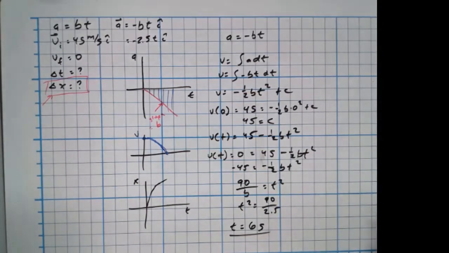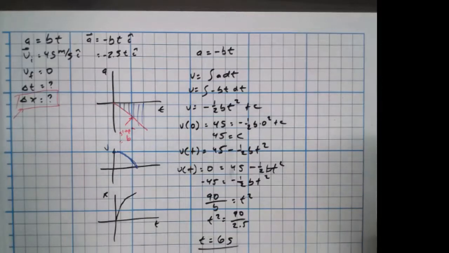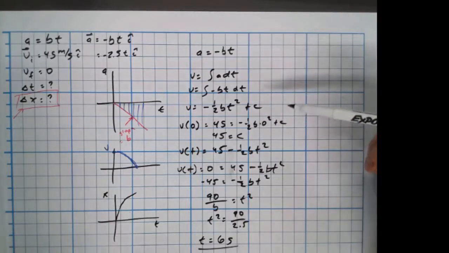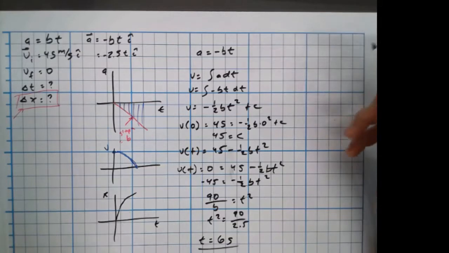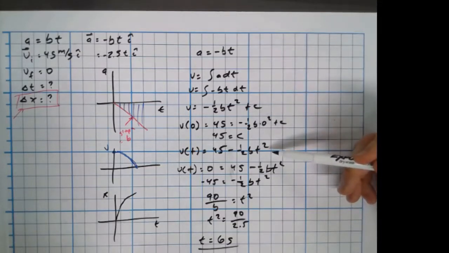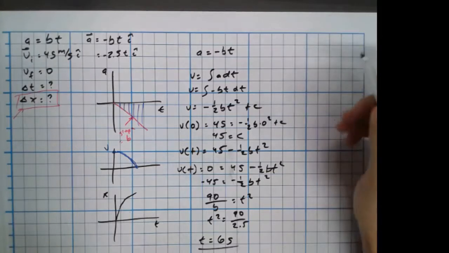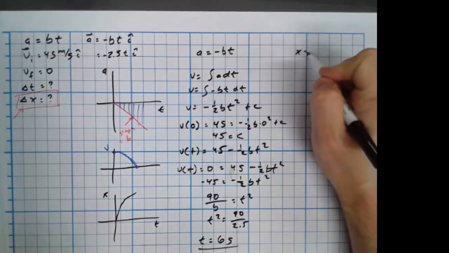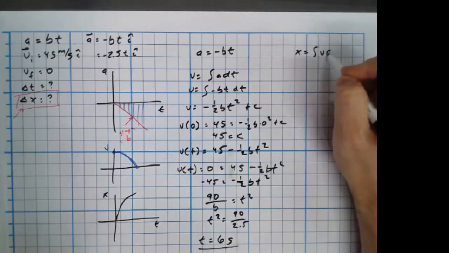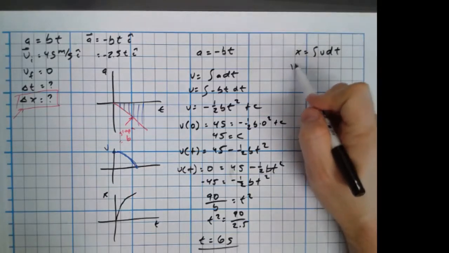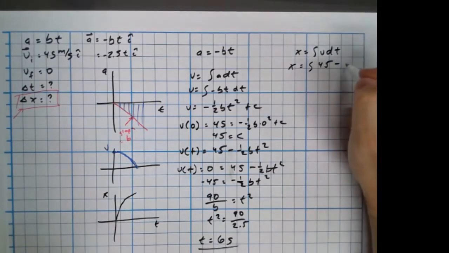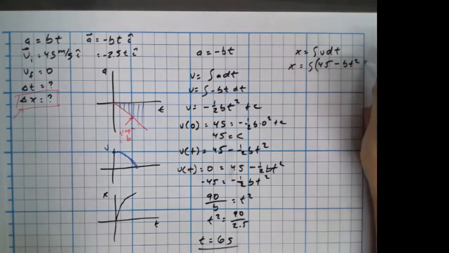All right. Okay, so I just moved the board over a little bit and got myself a little more space so that I can now use this information about the velocity to figure out how far it travels during that time. So I have the velocity function, 45 minus 1/2 bt squared, right there. And I want to figure out the position function. So I know that the position is the integral of v dt, which is the integral of 45 minus bt squared dt,